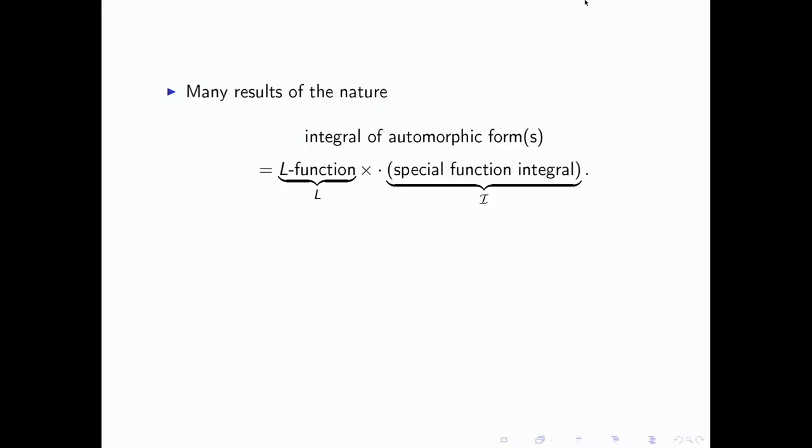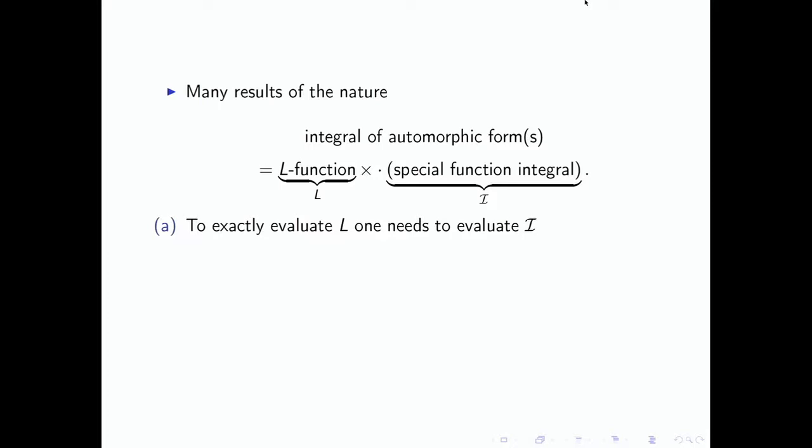Okay, so to summarize, the situation is there are many results of this type where an integral of an automorphic form is an L function times a special function integral. And this is where the basic theory of automorphic L functions comes from, these type of identities. And if you want to use this, you need to know more about the special function integral. Okay, so for example, if you want to exactly evaluate the L function,